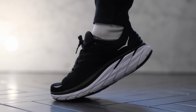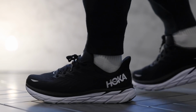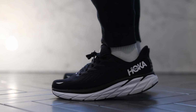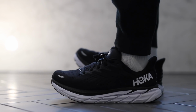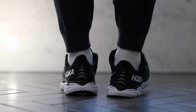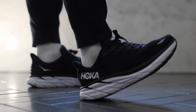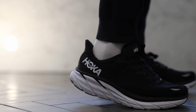Let's see what these ones weigh. Yeah, 9.4 ounces, not too terrible. This is a really great offering for those people that want a very well-cushioned pair of sneakers and has a lot of a squishy feel when you step down in your shoe. I think that the breathability of these and everything else that I just mentioned are a great reason to try the HOKA Clifton 7 or 8. And primarily, I like these ones better, as I mentioned in the past, more than some of the other ones because you have the meta rocker thing, but it's not as severe as some of the other ones. I personally just don't love that whole rocker sensation,